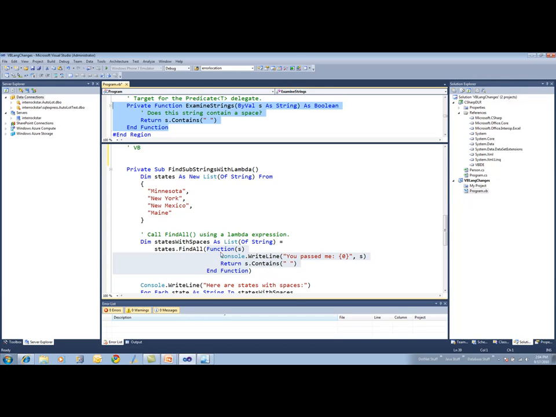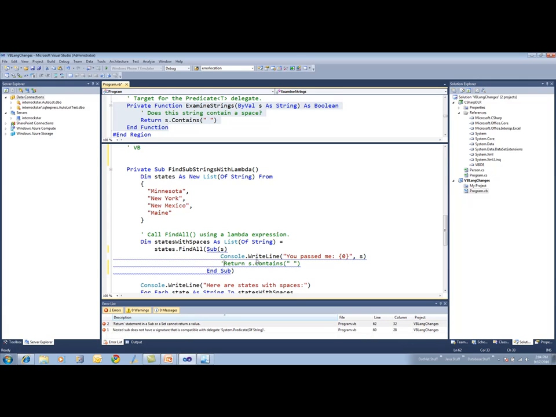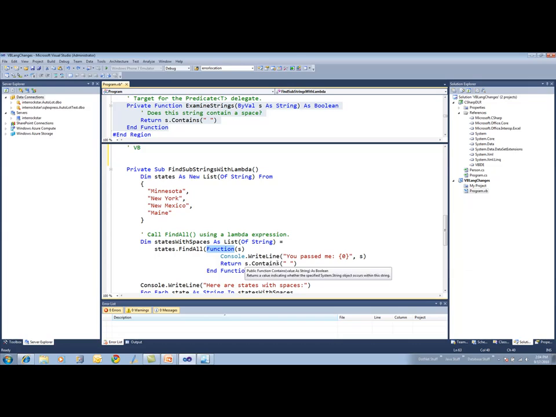So how do we construct a lambda? Well, you can see that I'm just going to use the function or possibly the sub keyword. So if I wanted that to be a subroutine, I would just have to replicate it throughout here. And then of course I wouldn't have a return value anymore. Okay. But here I said I want a function because we are definitely going to get back a return value,